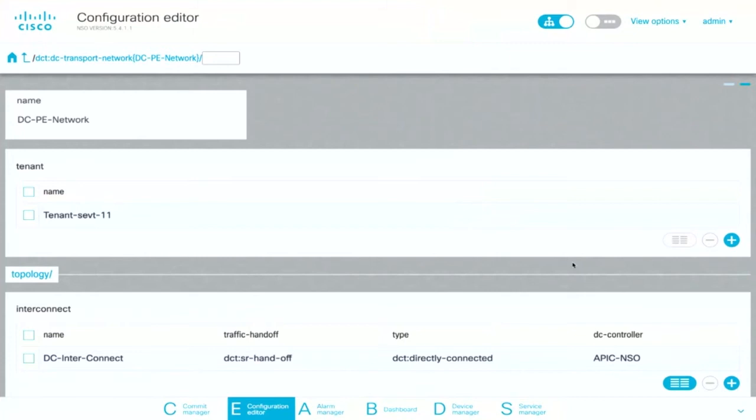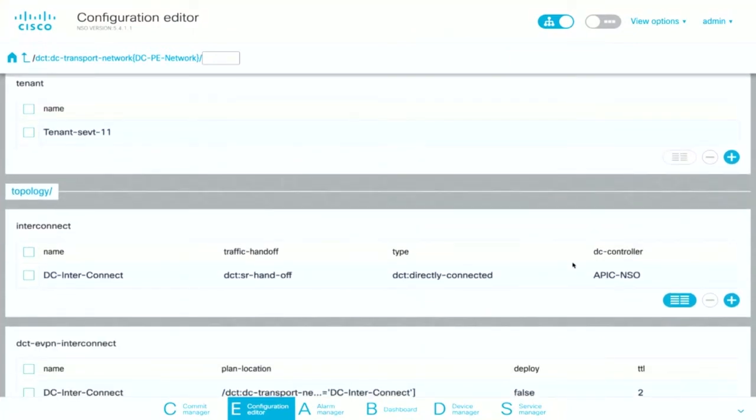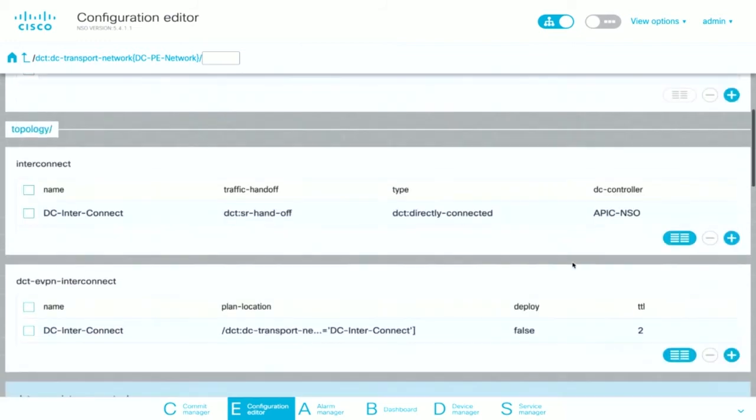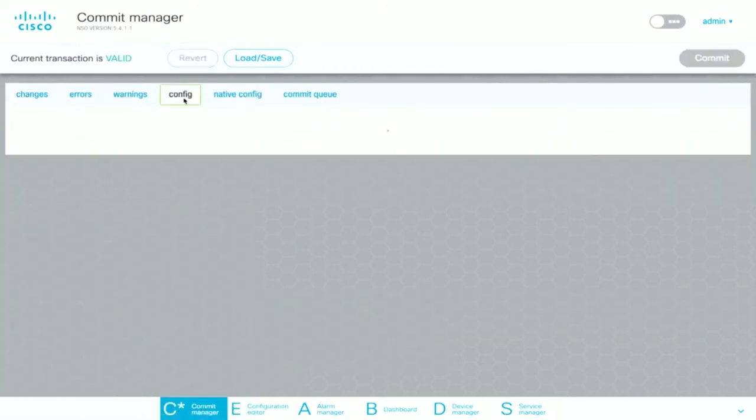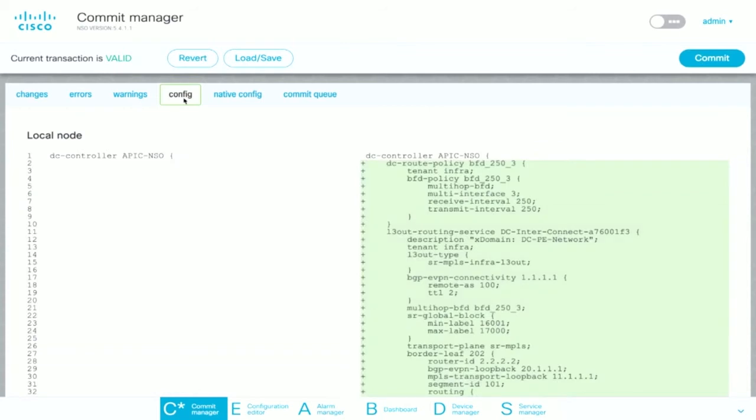So what we have on this session is I have already pre-created the interconnect session with deploy set to false for the EVPN. So what we will do is set this to true to enable the EVPN and the LU session. Look at the commit manager for the dry run of the configuration that is pushed to the data center RFS nodes for the DC core function pack and the data center transport core function pack